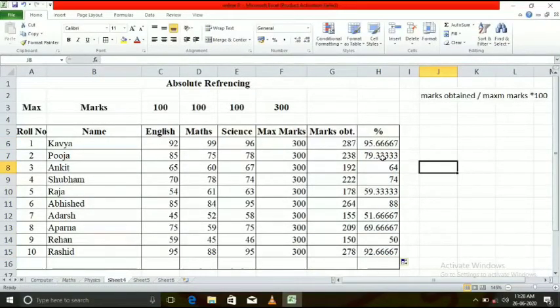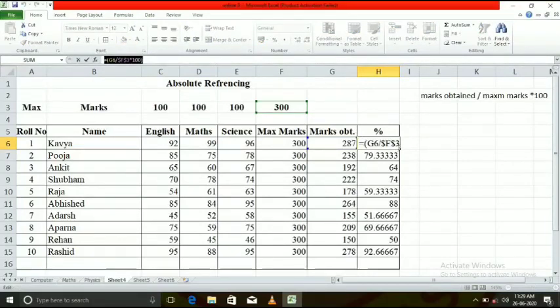Let us check one by one. When we click in this cell, see here G7. In the first it was G6, in the second it is G7, G8, and the remaining portion is not being changed. Only the G part is being changed. Where we have used relative referencing, it is being changed, but the absolute referencing part is not changed. Here we can say that we have applied both the referencing simultaneously. That's why this referencing will be called mixed referencing. Hope that this one is clear to you all. Let us move to our next